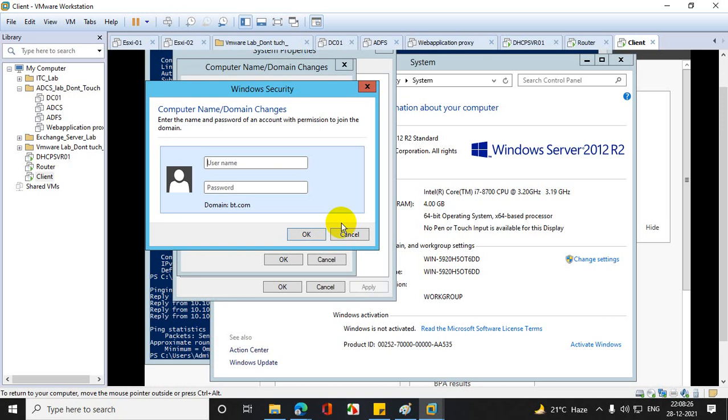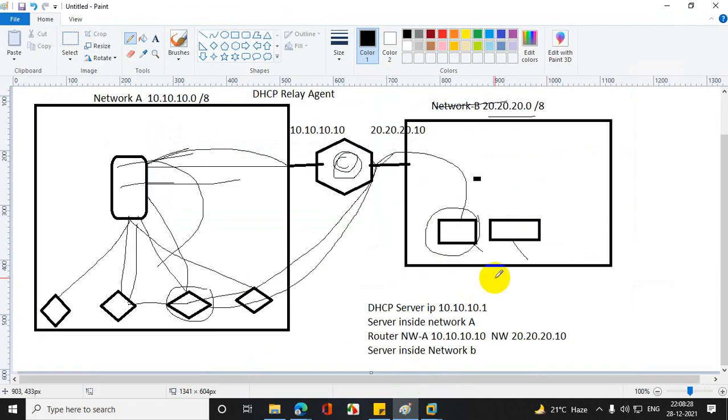Did you see? Now just think of it, how complex an architecture we made. My domain controller is on another machine, another zone, that is the 10 network. My client machine is in another office, on another network. Between these two different offices there is a router, but all these machines should get client IP addresses from the DHCP server over the network. So in the middle, on the router, I enable the DHCP relay agent.